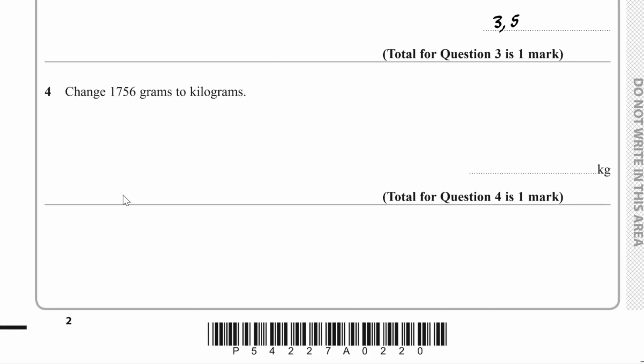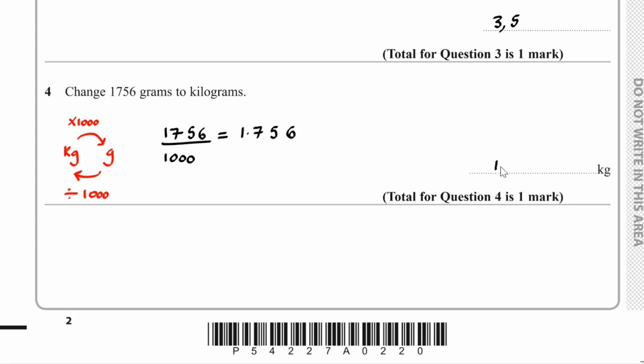1,756 grams into kilograms. So to do this question, to go from kilograms to grams, we would have to multiply by 1,000. And to go from grams to kilograms, we would have to divide by 1,000. So to convert the 1756 grams, we divide this value by 1,000. It turns out we get 1.756. So we have